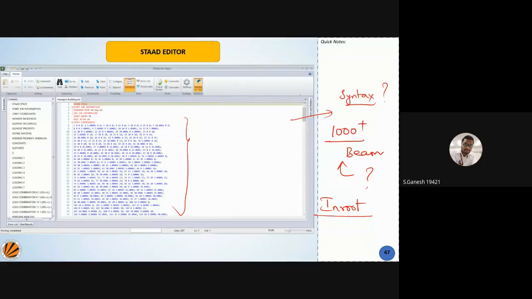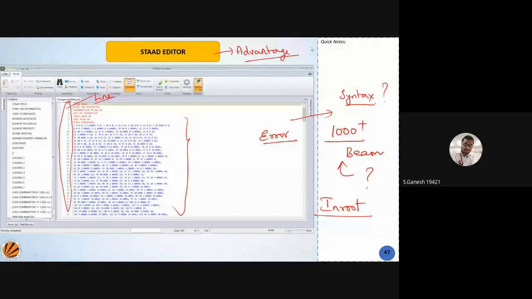The latest version of STAAD Pro is well advanced and gives you error backup, highlighting your errors on the lines of the program also. You can see this program line. This is called your program line and syntax lines. That will clearly identify where the errors are coming from. This is a very big advantage for us. That's what I'm teaching you here on the STAAD Editor on the first day itself. There are various advantages to using the STAAD Editor, right?